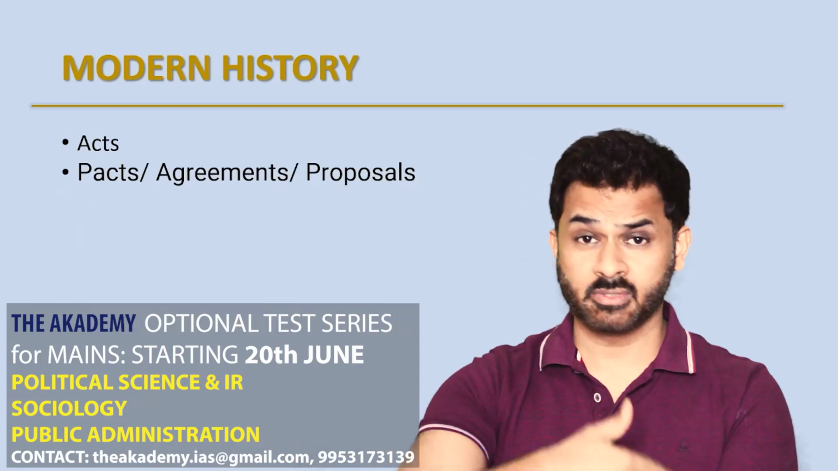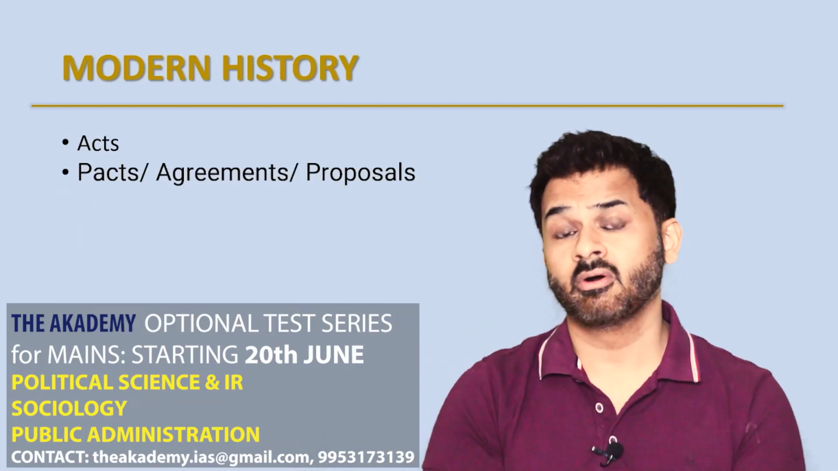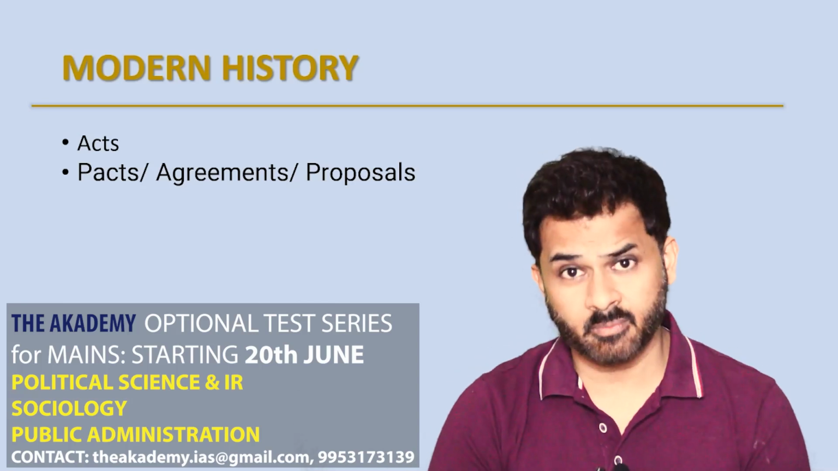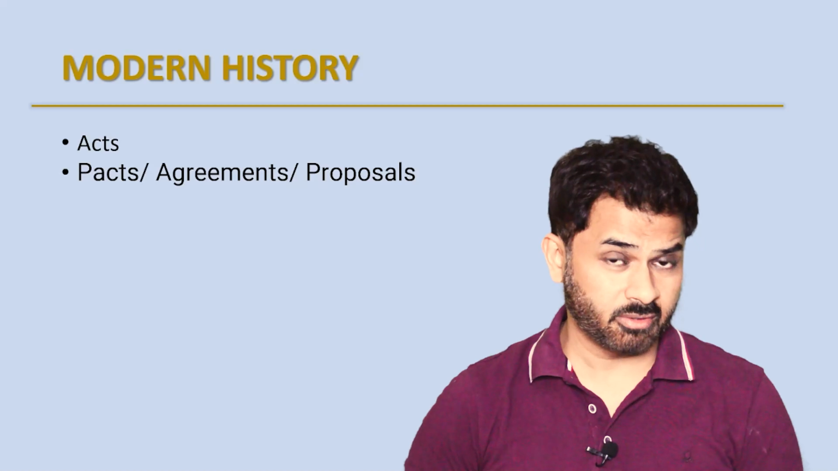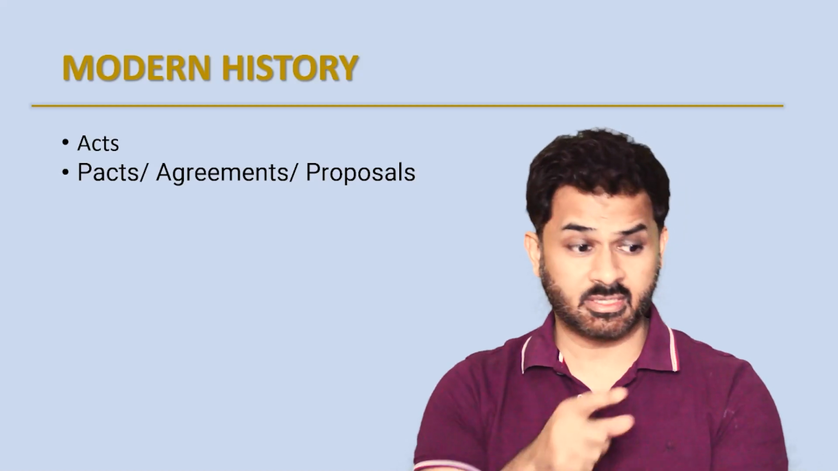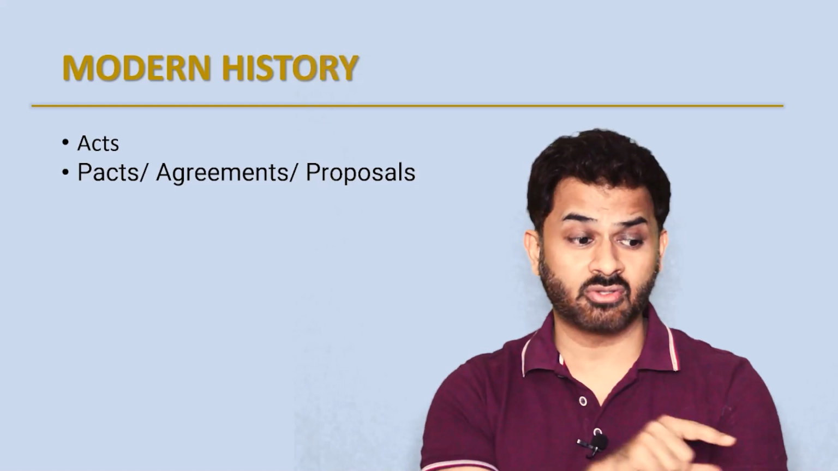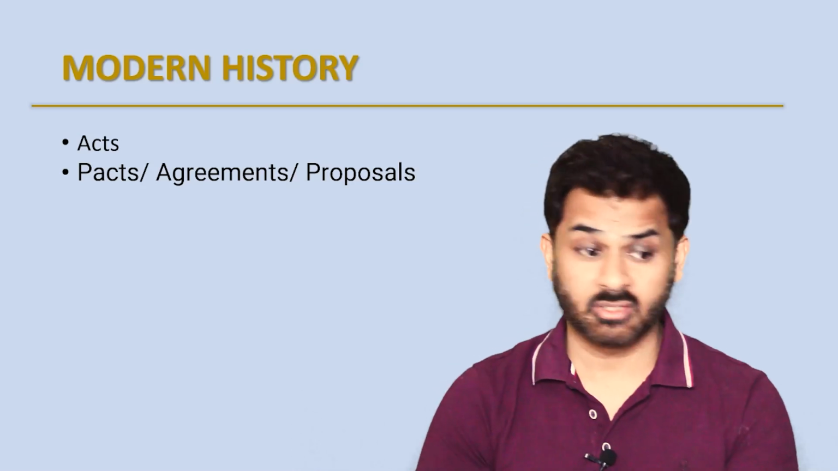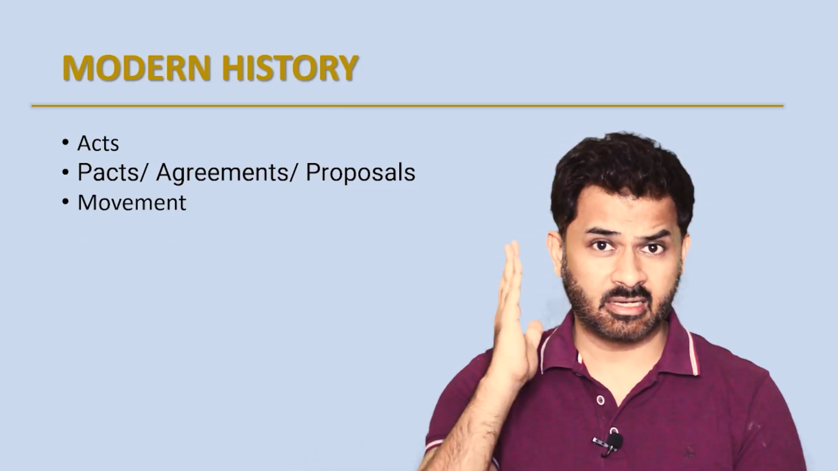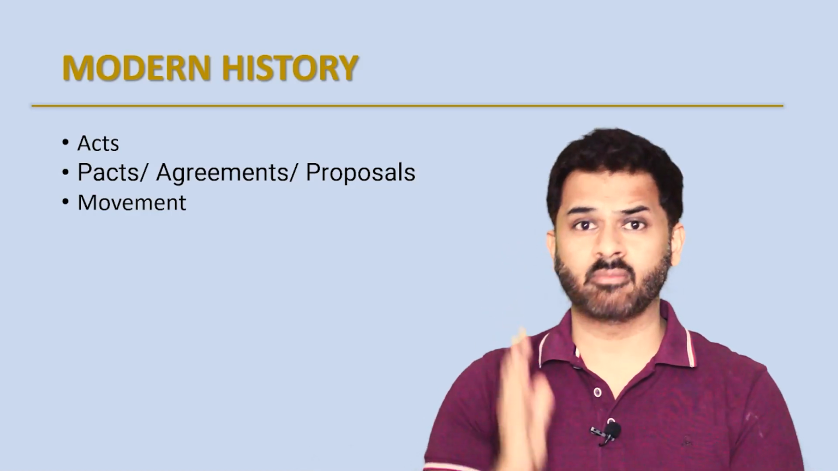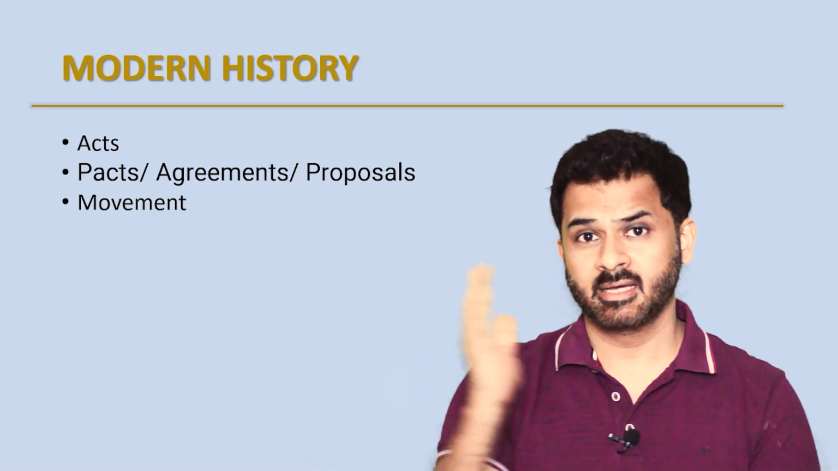Pacts, agreements, proposals, like whatever the British have proposed or whatever the Indian National Congress has proposed, and whatever pacts they have reached at different times, the details of these pacts are also often asked. Sometimes when there is no question on acts, then there is a question mostly on these agreements and proposals. Question on movements, very distinctly, please understand, or you should have tabular information on all the movements specifically